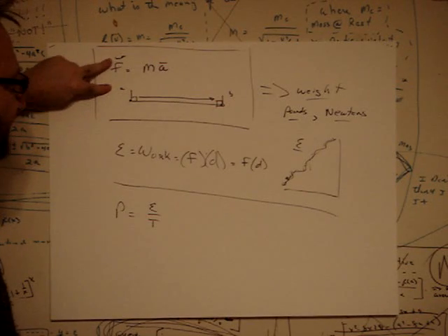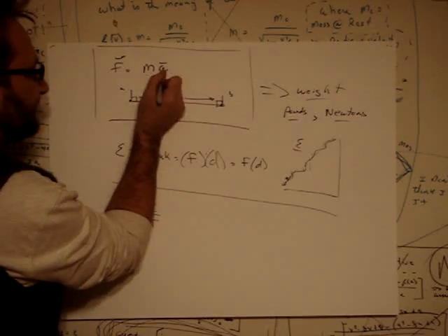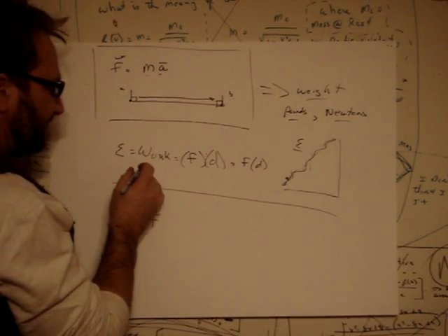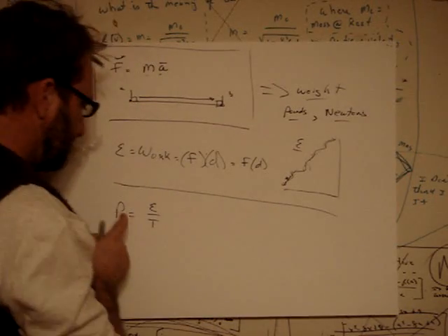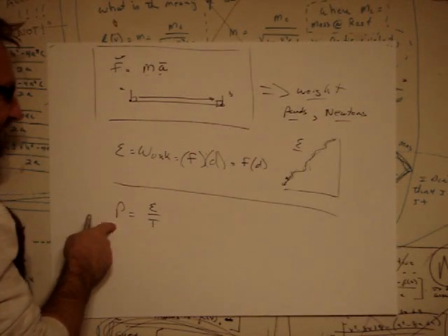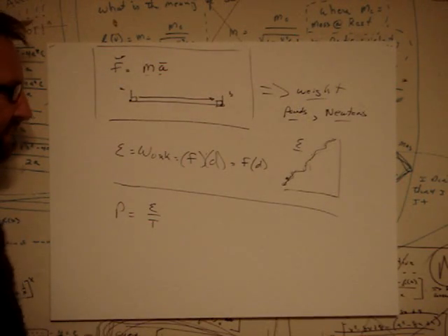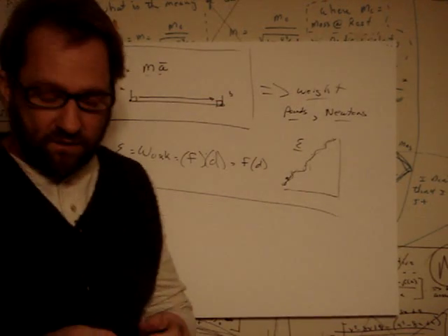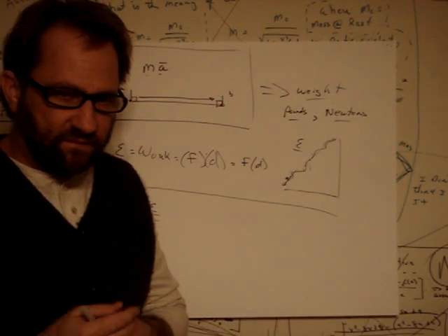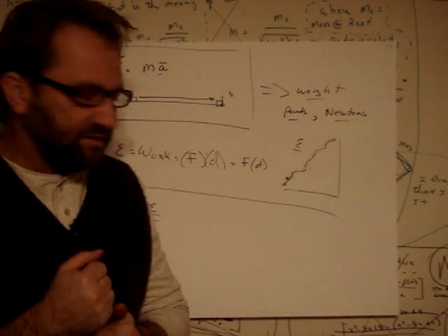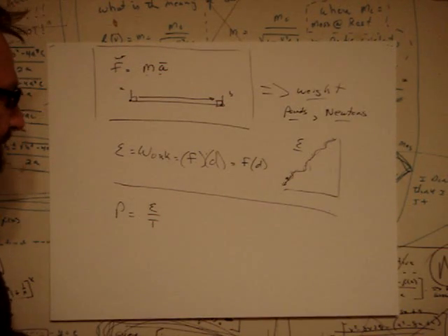So force is simply a weight or the acceleration of a mass, and energy is the acceleration of that mass through a distance. But power is the energy that we've expended per unit time. Now we all know that there is a limit on the human output of power, which is maybe 1,000 watts. Another unit of power would be horsepower.